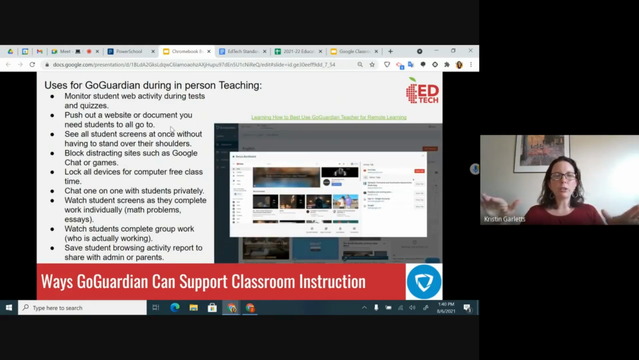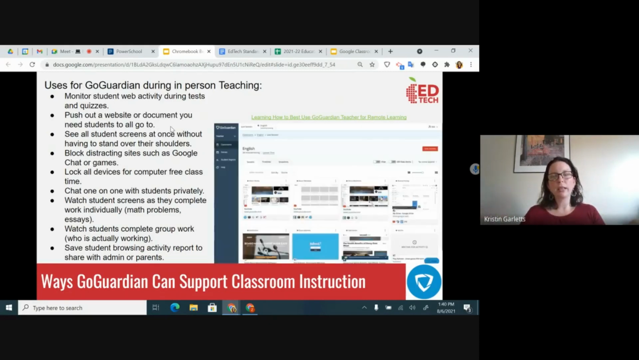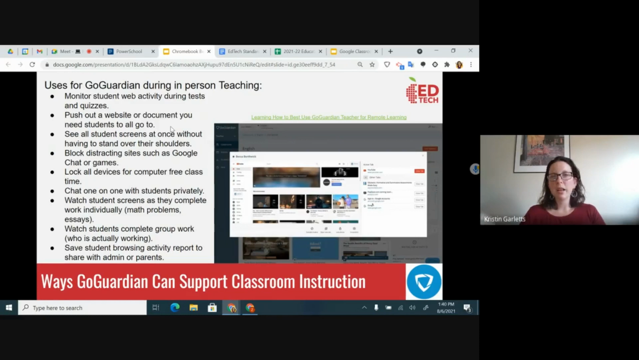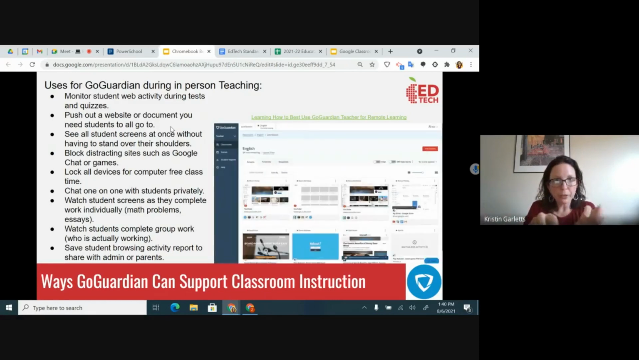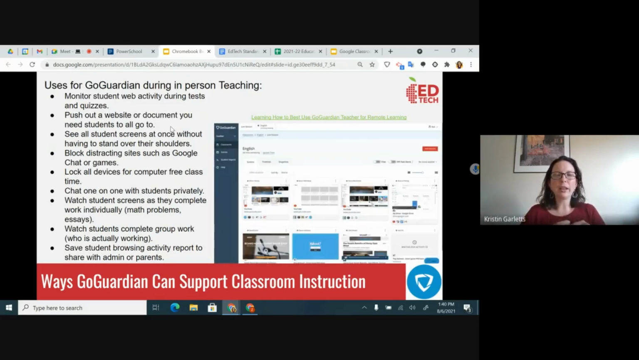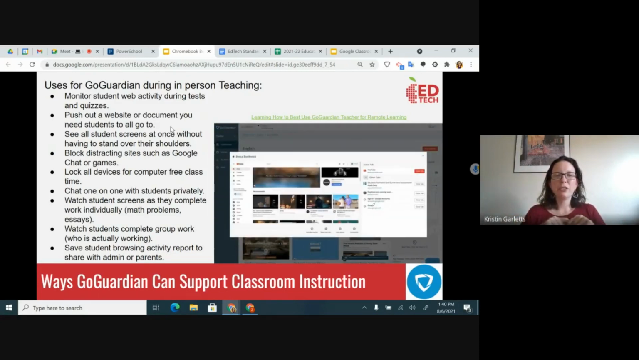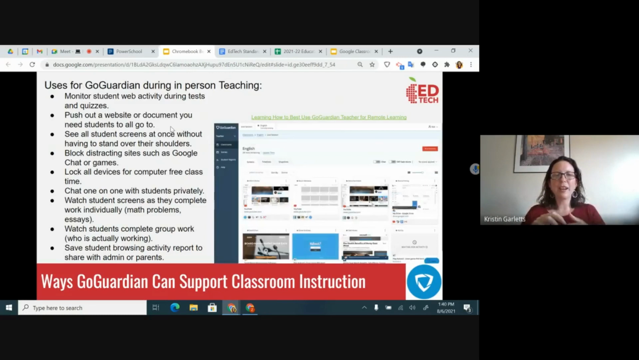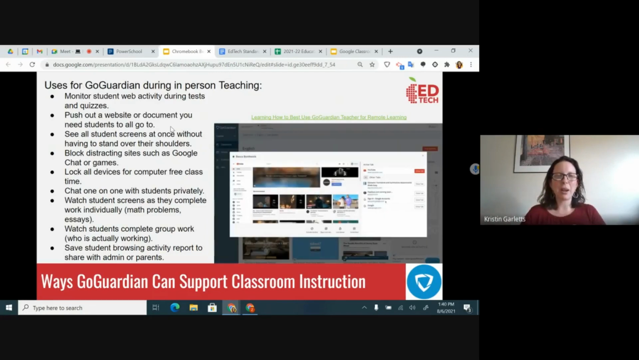You can lock all student devices for computer-free class time. Even when I told my students as a teacher to put away their Chromebooks, I'd always have that one kid at the back who was furiously trying to play a game without me noticing. So with GoGuardian, you can click a button to lock their device, and then basically it's a fancy paperweight until